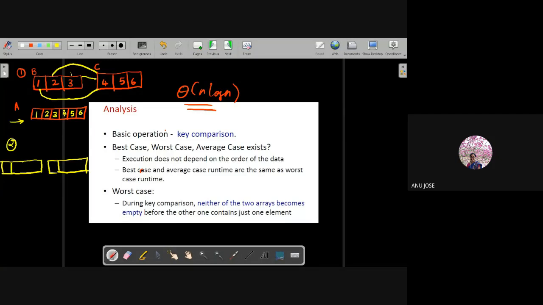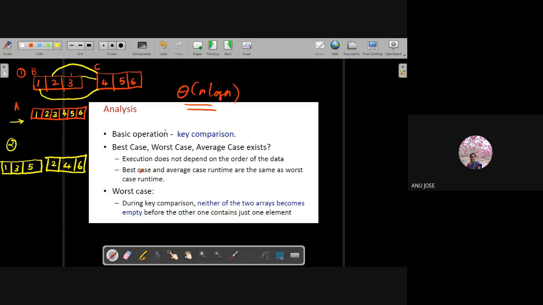Again 3 elements: I am keeping 1, 3, 5, and the other array will have the values 2, 4, 6.